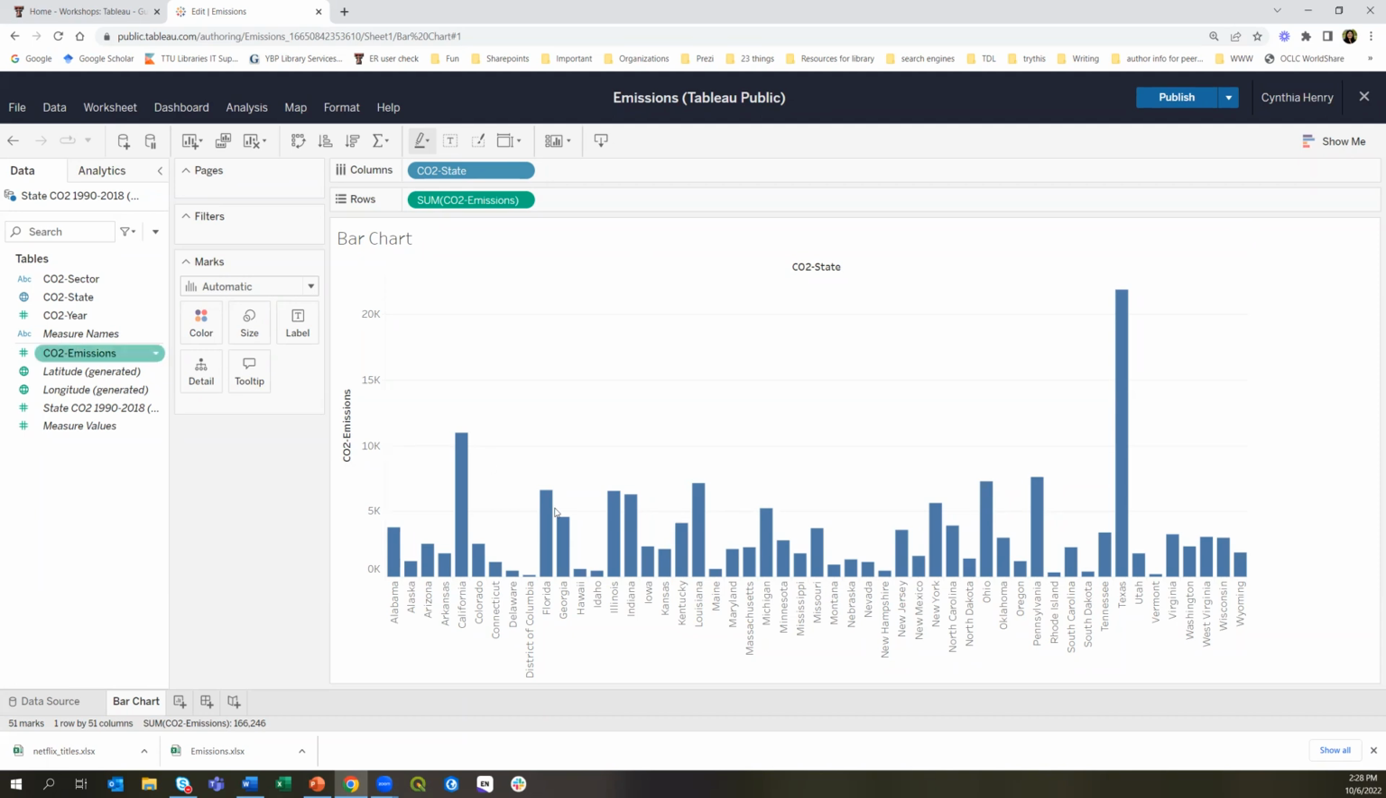Okay. So now, this is not the easiest chart to read. So let's go ahead and look at that. We're going to use the sort button. We can use these sorts. This is the ascending, of course. Here's the descending. But you can also do that by